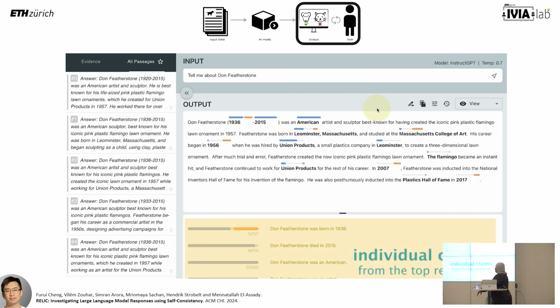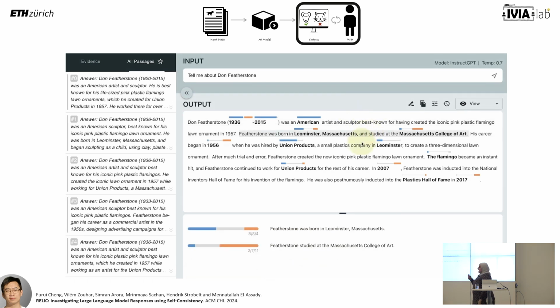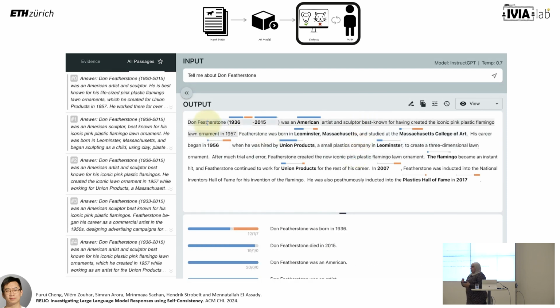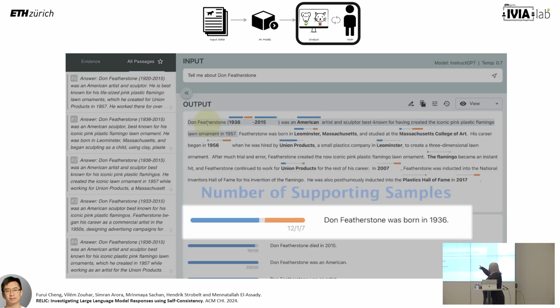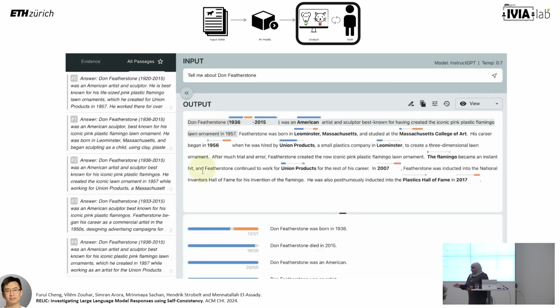information. So what we do is we try to extract individual claims from the answer, and we try to figure out would these claims, if we repeatedly ask for the same thing, be consistent through the outcome of this model? So this is called the model self-consistency check. And what we're trying to do is to figure out whether these claims are logically consistent. So this model claimed 12 times that this person was born in 1 year, 7 times that it was born in another year. Using natural language inference, we know that this cannot be true.